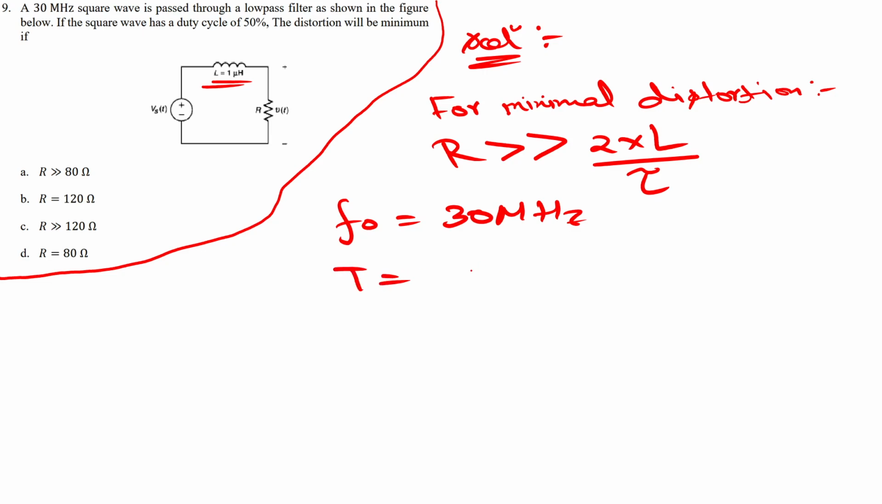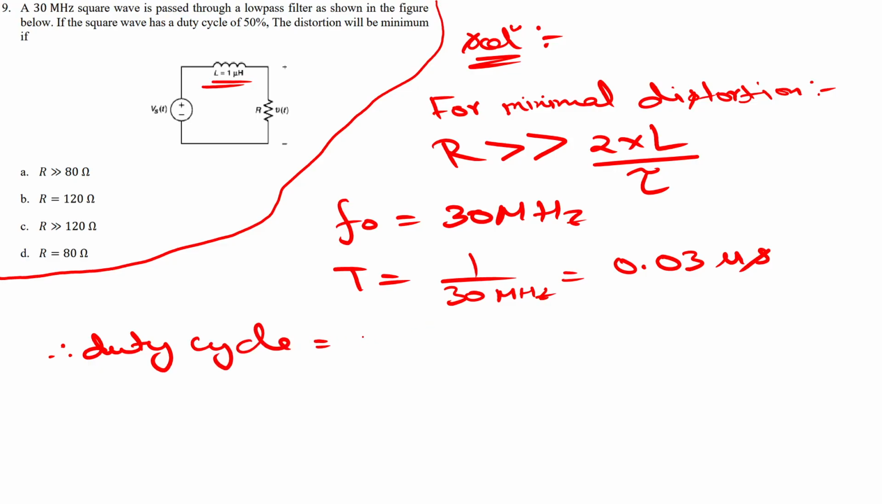From this we can calculate the period of this square pulse, which is 1 by 30 megahertz, which comes out to be 0.03 microseconds. So we can calculate the duty cycle. The duty cycle is already given as 0.5, and from this duty cycle we can calculate what this pulse width tau is. Duty cycle is the ratio of tau by T, which is 0.5. T also we know, so from this tau comes out to be 0.0167